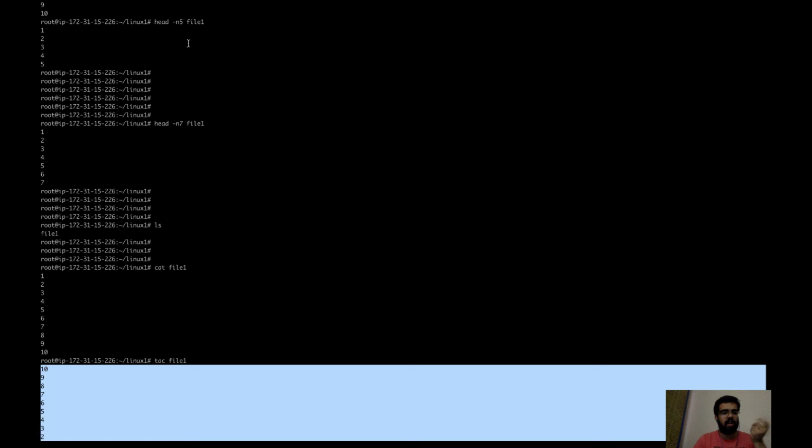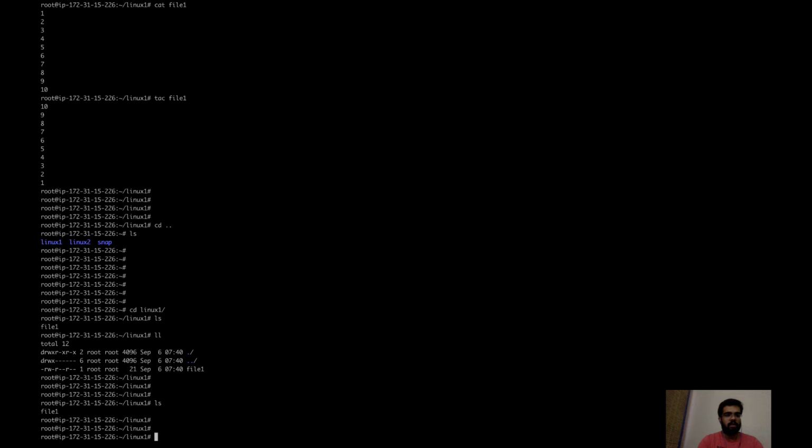In Linux, these are the 2 different files. Suppose I want to rename my file to some other name. For that purpose I will use the move command. It takes 2 parameters: first the name of the file, and after that the name I want to change it to. After that I will use file2.